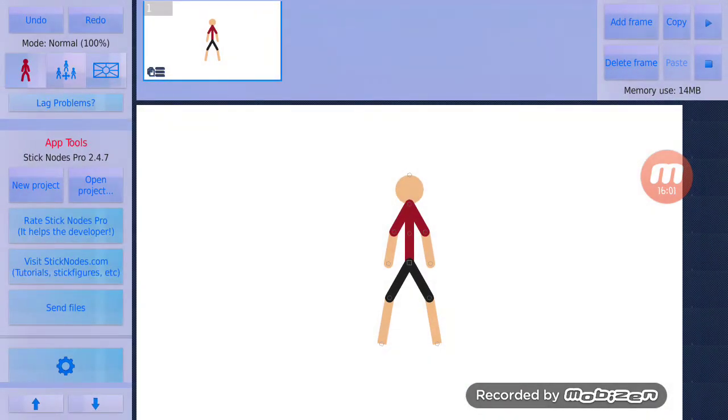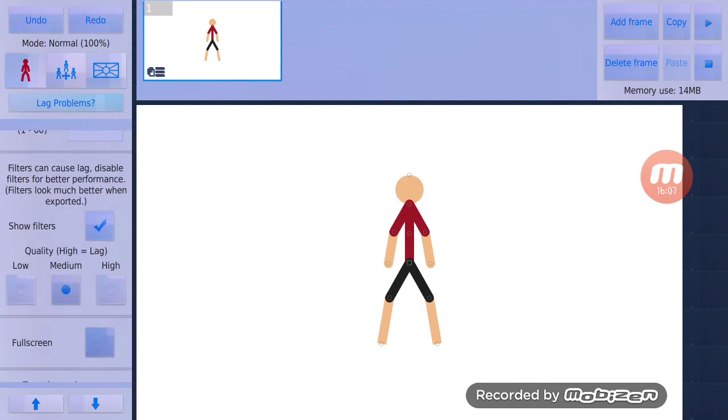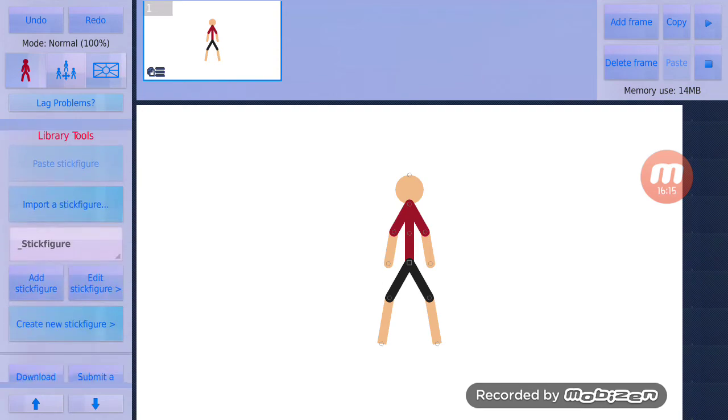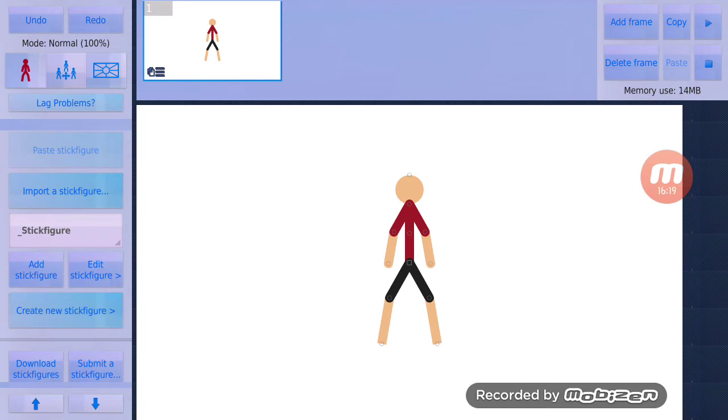Nope, give that back to Daddy. And voila, you have a skin on your Sticknodes. Now, again, this one isn't perfect because I just did it as quick as possible for the sake of this tutorial. That being said,